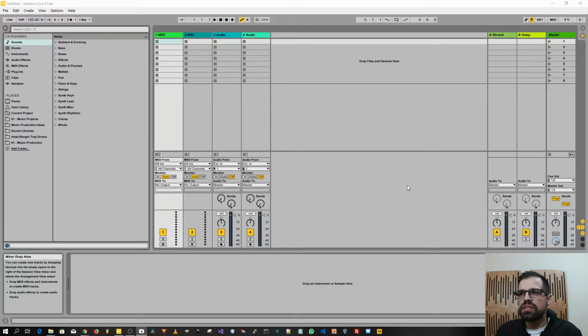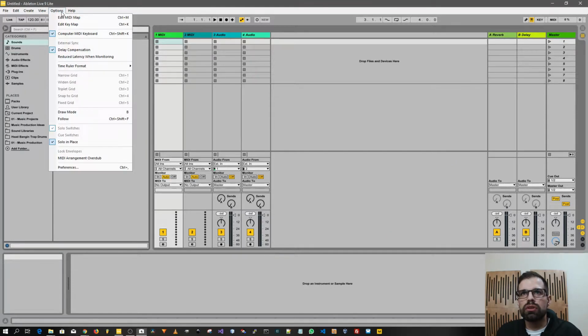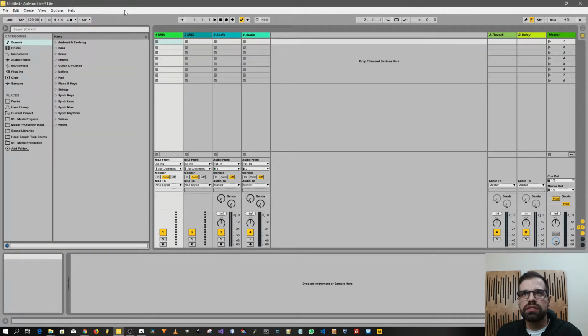So let's start the tutorial, and the first thing I'm going to do is I will go to options, so to change the folder where you have your plugins. And why I'm doing this? I'm doing this because normally when I install plugins, I don't usually put them in one single folder, and there are a couple of